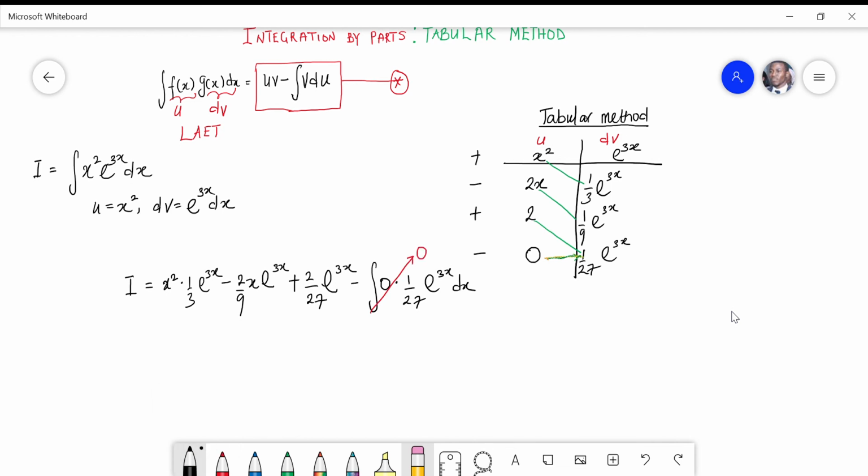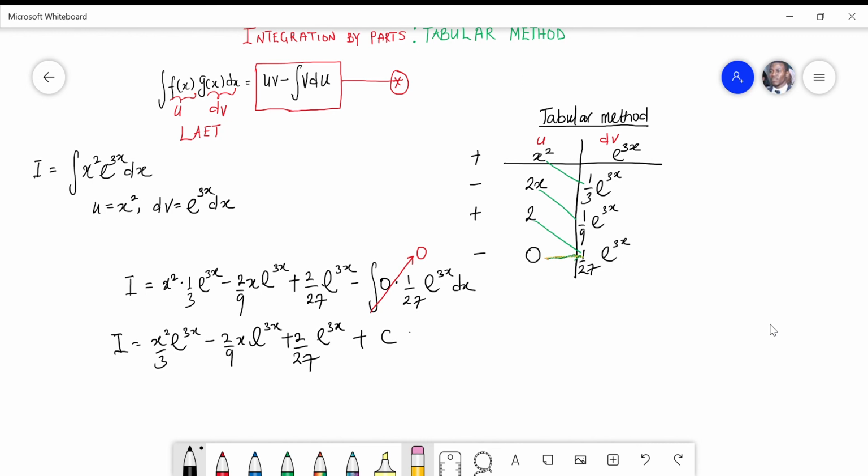So we can then rewrite this as x squared over 3 e to the power 3x minus 2 over 9 x e^3x plus 2 over 27 e^3x plus constant of integration. And then you know why we are adding the constant, right? Because it's an indefinite integral. So you could just leave your answer like that,